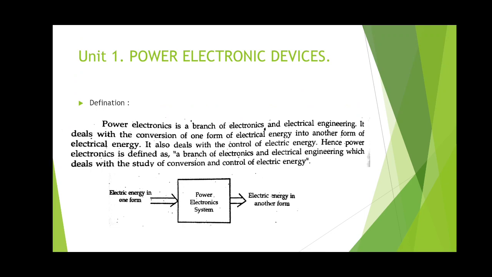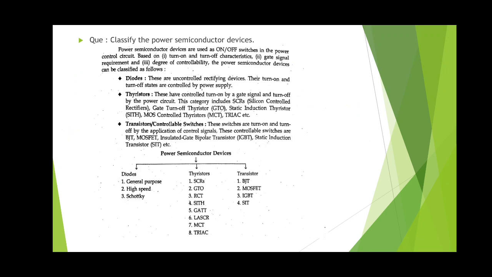Those are AC to DC converters, AC to AC converters, DC to AC converters and DC to DC converters. So there are four types of converters: rectifiers, that is AC to DC converters; then inverters, which convert DC power into AC; then choppers, which convert DC power to DC power; then cycloconverters, which convert AC signals into AC. Generally we will deal with all these different circuits and the components used for these circuits.